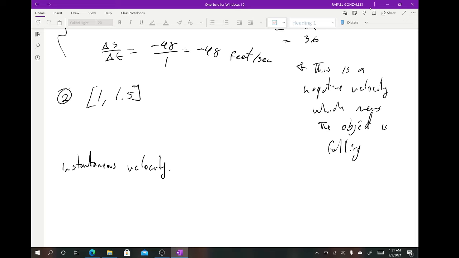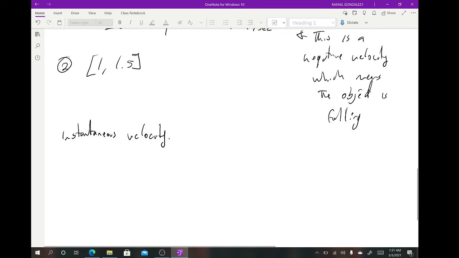Now, it turns out that we can use the derivative of s of t to actually find a so-called velocity function. We can use, so let me write that down, we can use s prime of t to find a velocity function,